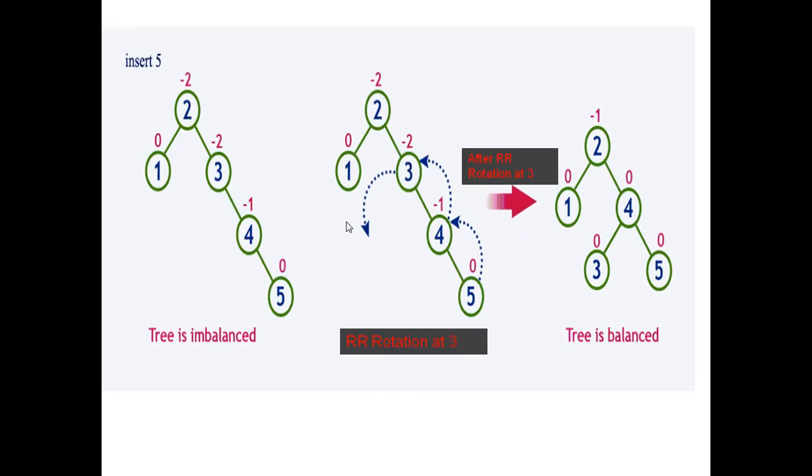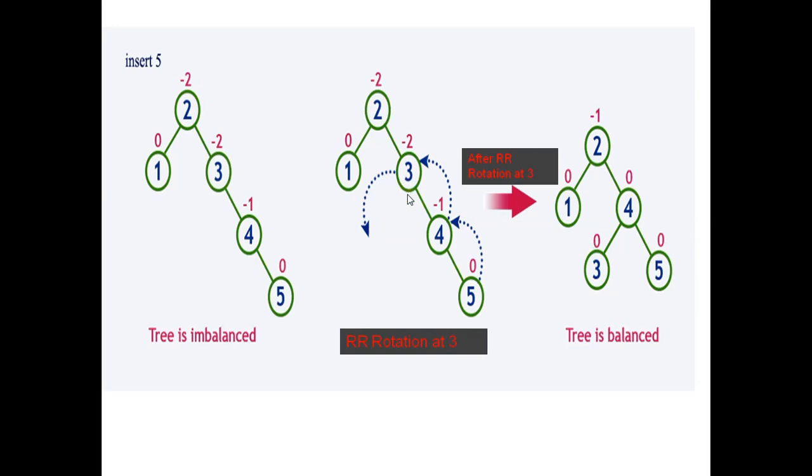So this is node number 5. Okay, so 2, 3, 4, 5 will get inserted. It is higher than that value. So here it is. It follows the binary tree concept. So the tree is imbalanced. Now what to do? The tree is imbalanced from here itself. Then this node is also imbalanced, but the lowest one which is imbalanced, first of all, we are going to make it balanced.